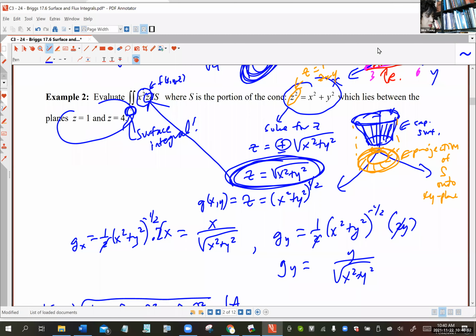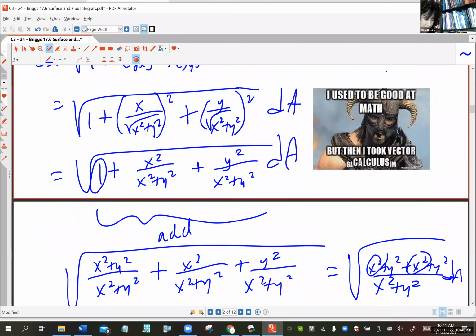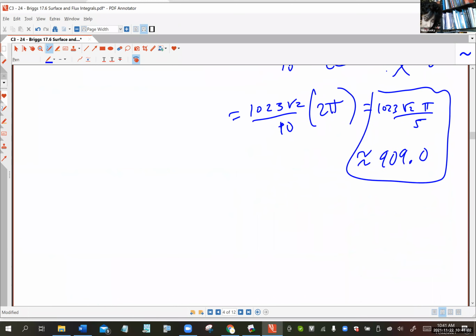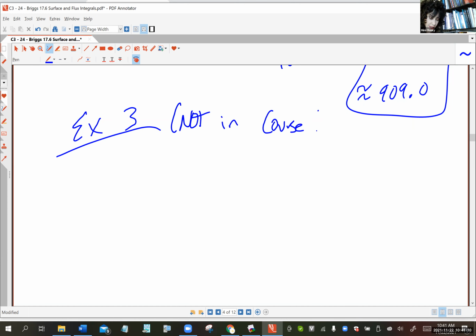Okay, how about I'm going to give you one that's not in the course reader. I'm going to write it down for you, okay? And those of you watching at home, write this down and see what happens, okay? So here's an example. I'll call this example 3, not in your course reader. I'm just gonna hand it to you right now, and then I'll have you and a buddy try to figure it out. So here's what you're gonna do. You and a buddy